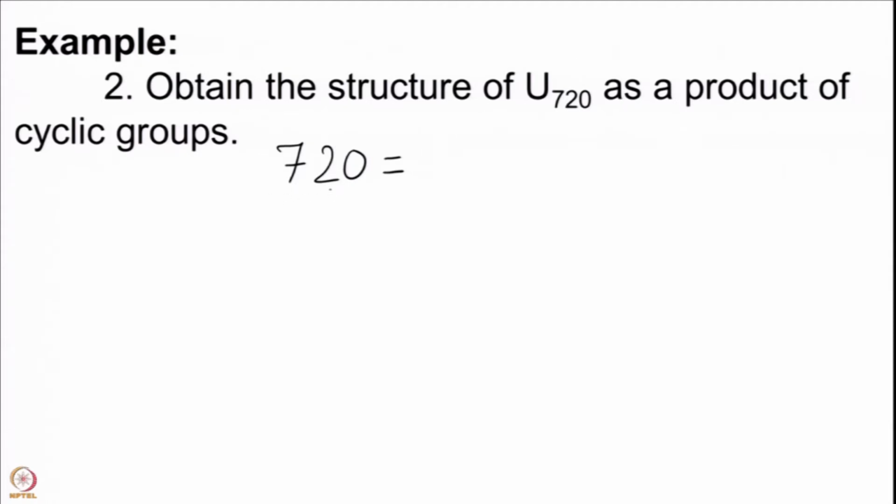So, 8 is the highest power of 2 which divides 72, and therefore 16 is the highest power of 2 which divides 720. Remember we had 10 as 2 into 5 and then we had 9 here. So, this is 16 into 45 which gives us 2 power 4